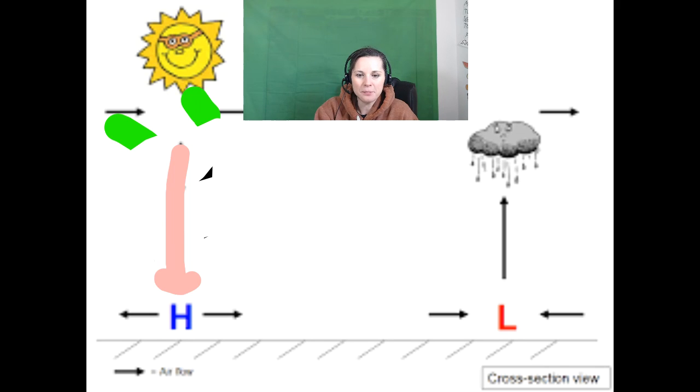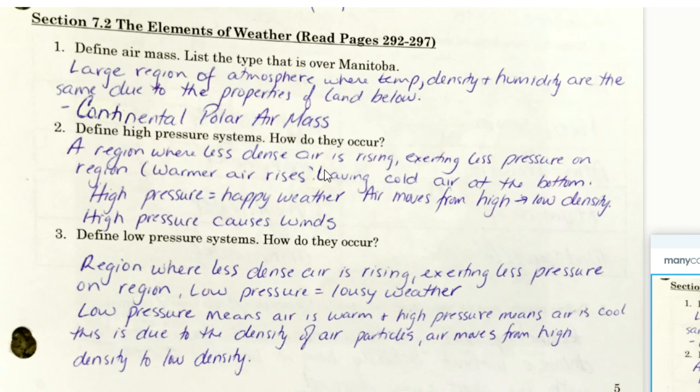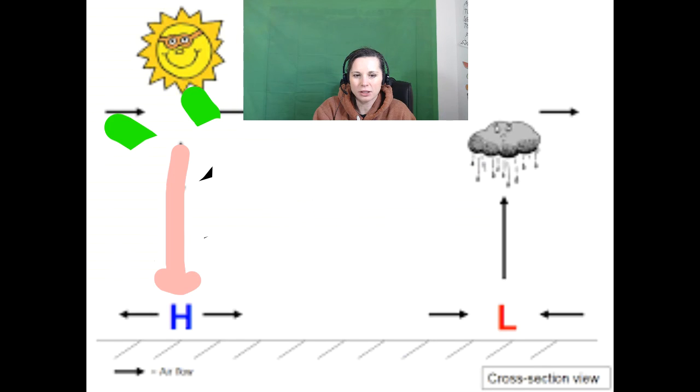Because if you look back here, what it says is a region where less dense air is rising, exerting less pressure on the region. Warm air rises, leaving cold air at the bottom. So high pressure is happy pressure. Air moves from high to low density. Okay, so in our diagram, I